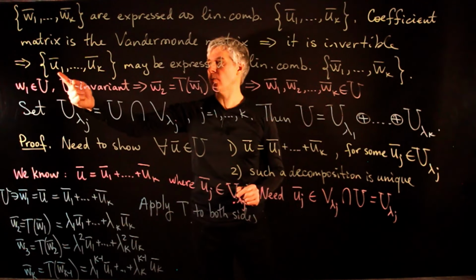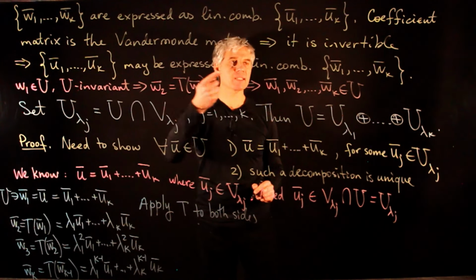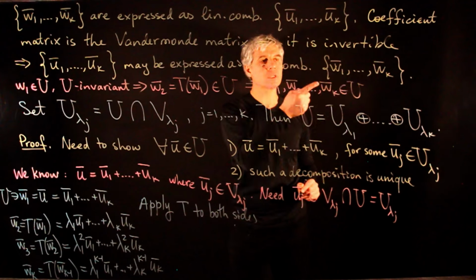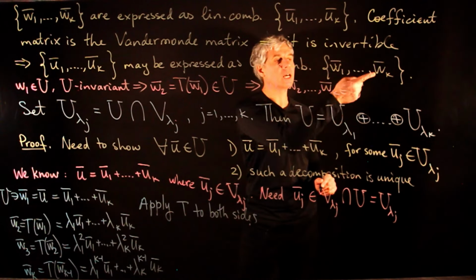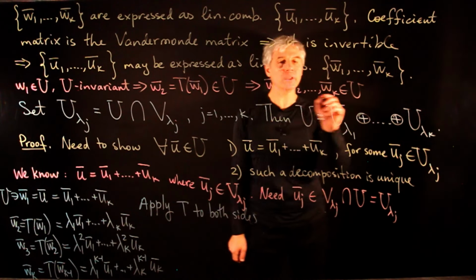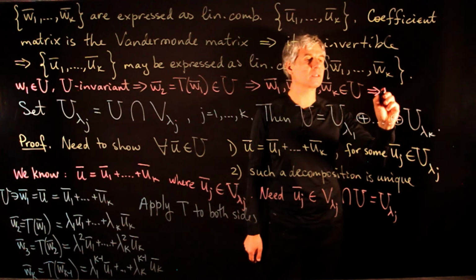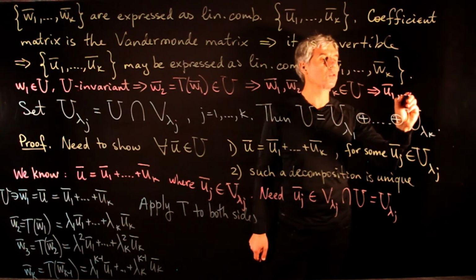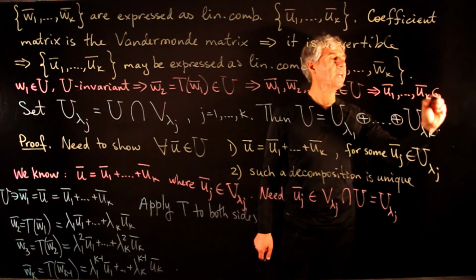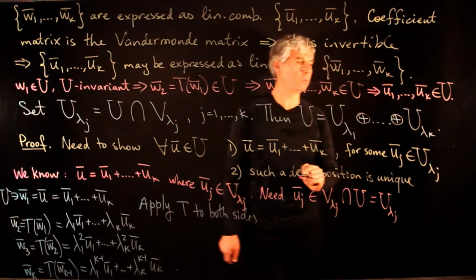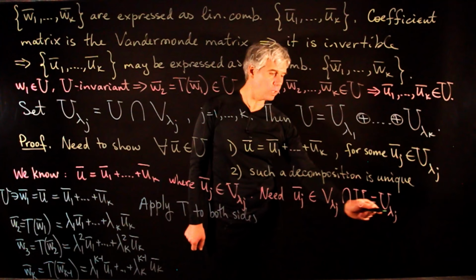But the vectors U1 through UK may be expressed as linear combinations of W vectors, and so they belong to the span of W vectors. And all W vectors are in the subspace U. So this tells us that the vectors U1 through UK are in fact in the invariant subspace U. And that's exactly what we had to prove,